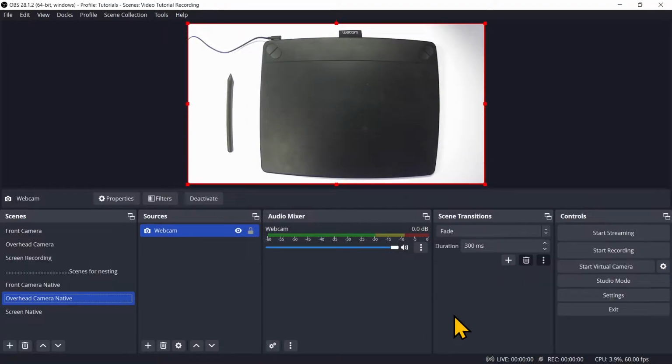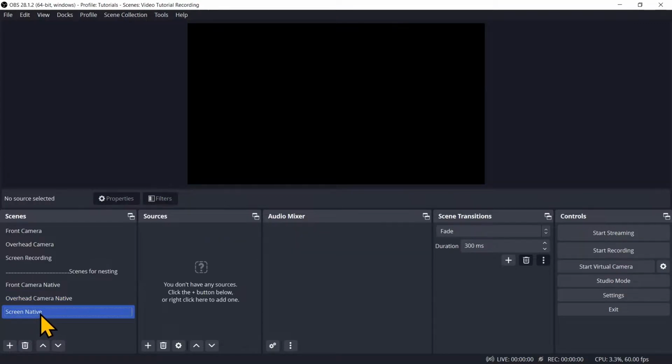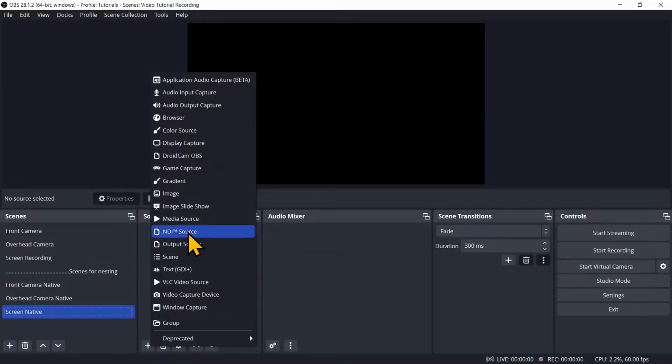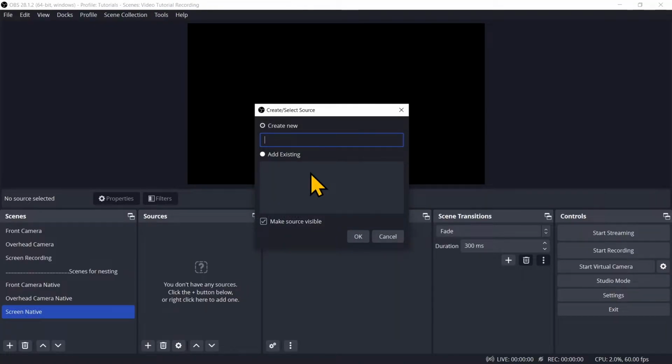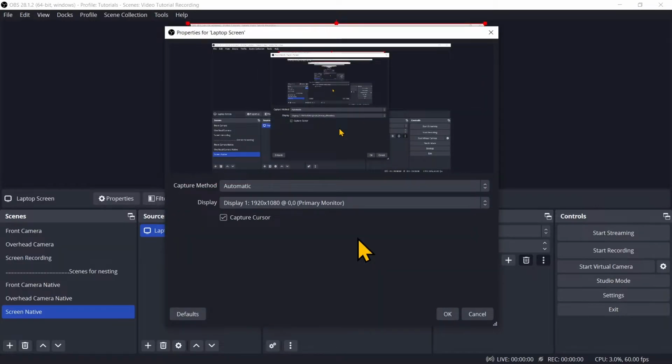The camera is pointing at my Wacom tablet because let's say I want to do a tutorial where I will be showing you how to do graphic facilitation using this tablet. The third native source is the screen. Click on plus and add a display capture. I'll call it laptop screen. As I'm using this screen to record this tutorial, you'll be seeing this infinite mirroring effect, so apologies for